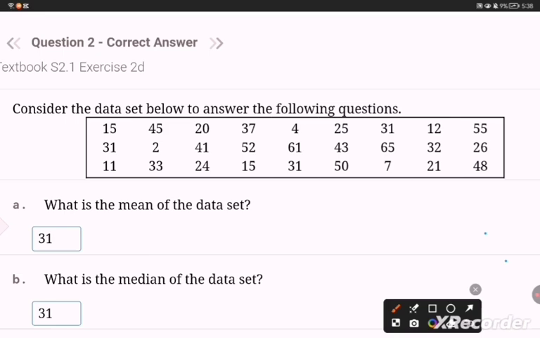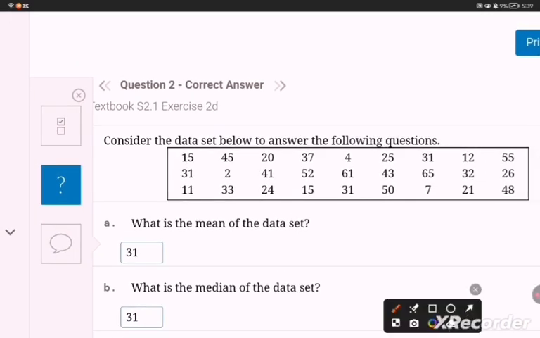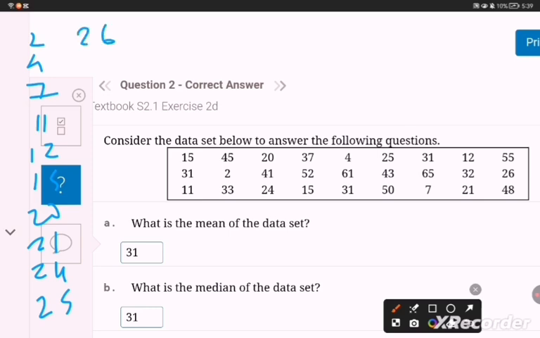Now, for the median, you have to first arrange, okay? And you have to scan quickly because we do not have much time in the exam. So you have to be able to arrange the numbers quickly. So just put this on the side here. So there's 2 and then 4, 7, 11, 12, 15, 20, 21, 24, 25, okay? 26, 31, 31, 31, 32, 33,